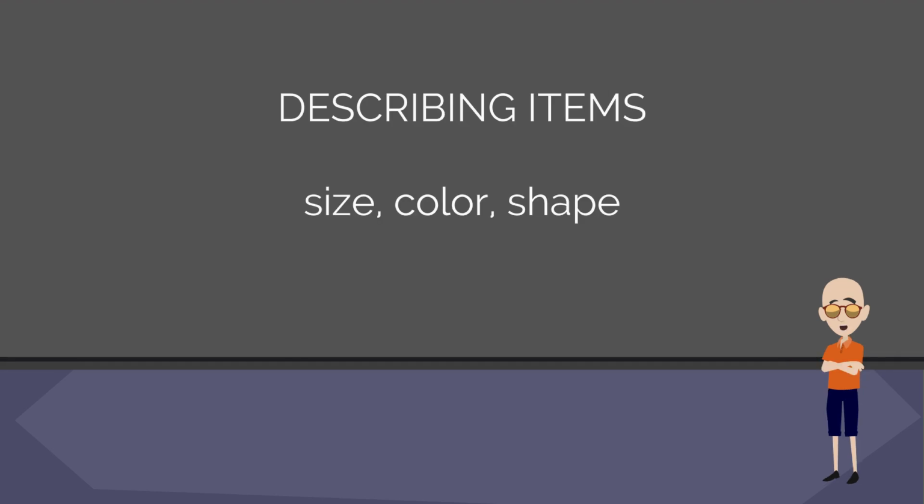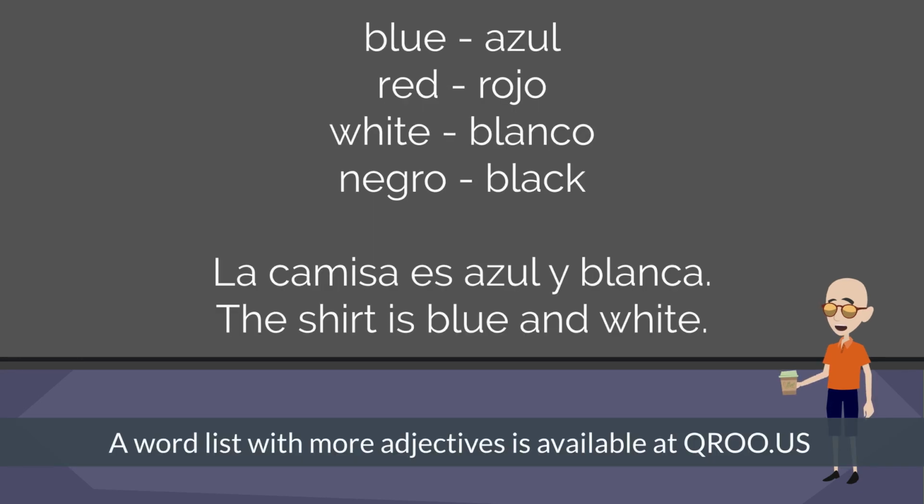The reason I wanted you to learn the third-person singular and third-person plural of this is because you're going to be using this verb a lot to describe items and things. So it's permanent characteristics. We're talking about size and shape and color. Here are a couple colors in Spanish. Now obviously this list is not complete. The purpose of this video is to teach you when to use the verb ser, not teach you a bunch of new vocabulary words. However, I did include a more complete list at qru.us. Just go to the section on Spanish lessons.